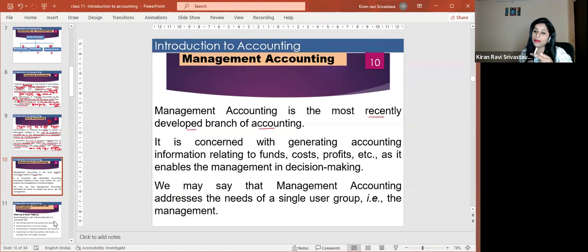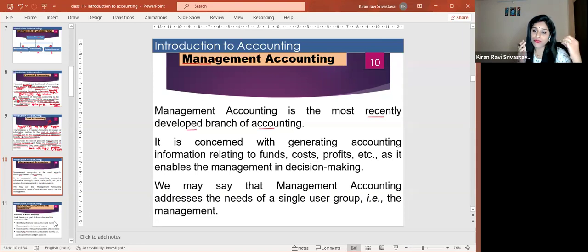Interpretation part is done by both cost accounting and management accounting, and management accounting does all the more interpretation. Management accounting is a science which has just developed to break down the data of financial accounting and cost accounting for managers. The name itself is management accounting. It's mostly meant for the internal users, for the managers, to understand the data of the business, how to understand the past data, and how to predict the future.